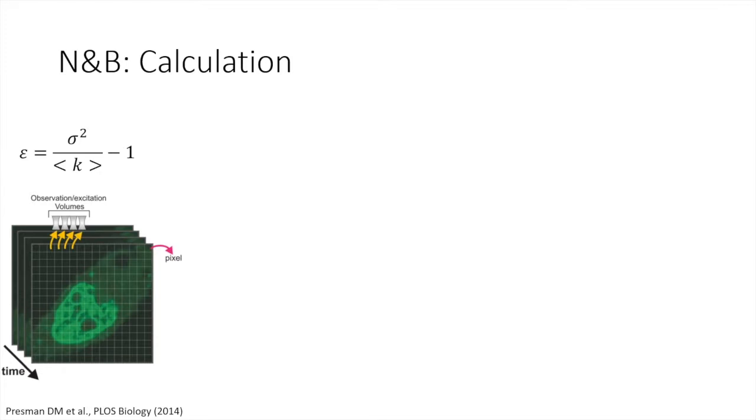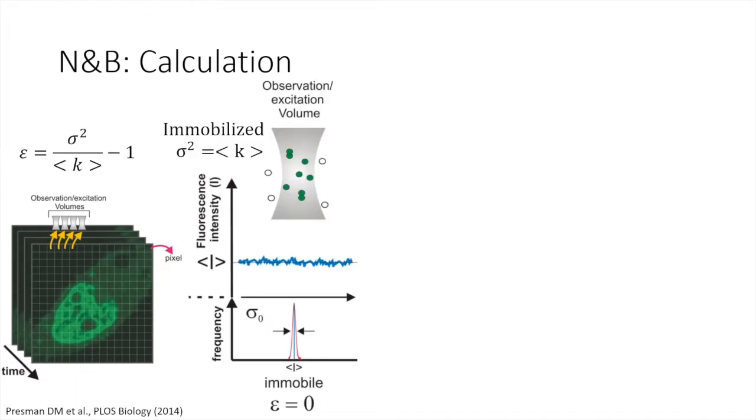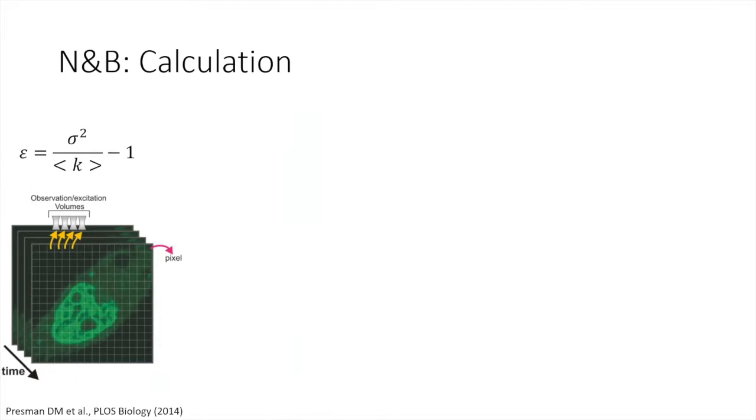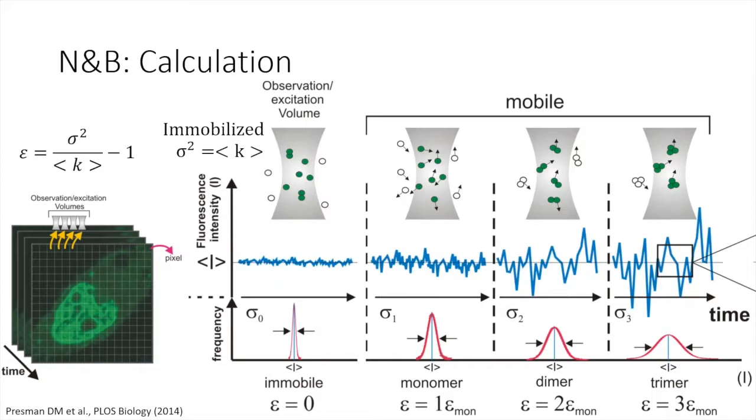So the calculation will be variance over average minus 1. Why is there a minus 1? Because if you have an immobilized molecule, the fluctuation comes only from your detector. That is a Poisson distribution, so your variance will equal your average. Since they are equal, the epsilon will be 0 for immobilized things, or for things that are not moving. But for mobile